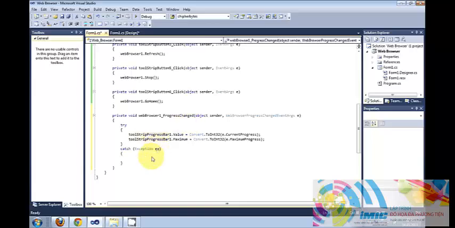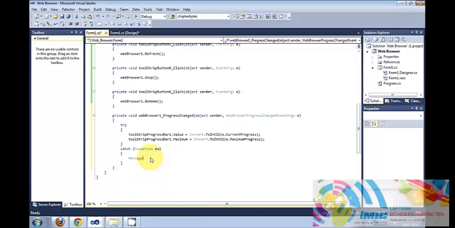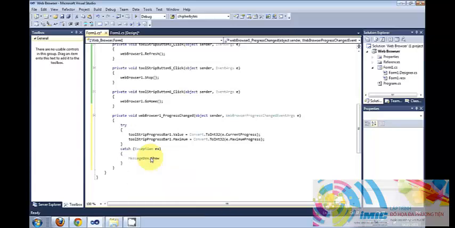Okay, now it looks okay, and in here I will show the message box, message box dot show, and I will copy this and dot message. Okay, so just write a try catch block, and in the try catch block write the name of your